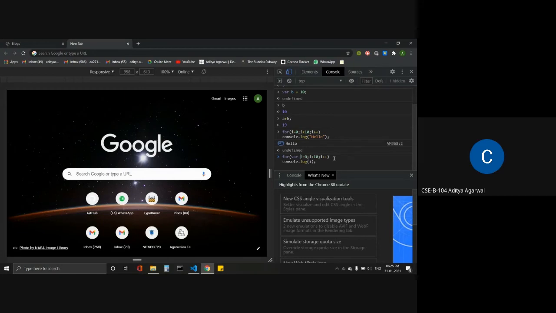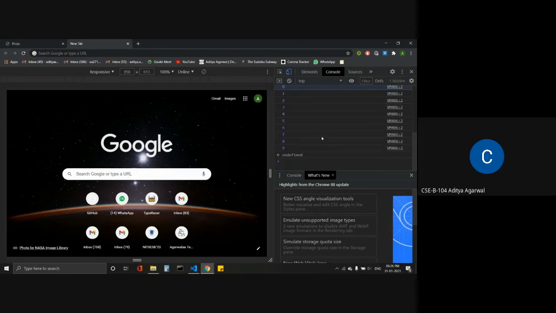Okay. So I have written a for loop that will execute 10 times, and I am printing the value of i in every iteration. If I hit enter, see, the value of i is printed from 0 to 9, as it was initialized from i equals to 0, and the condition was i less than 10, and in every iteration, the value of i was increasing by 1. So this is how we write for loops.